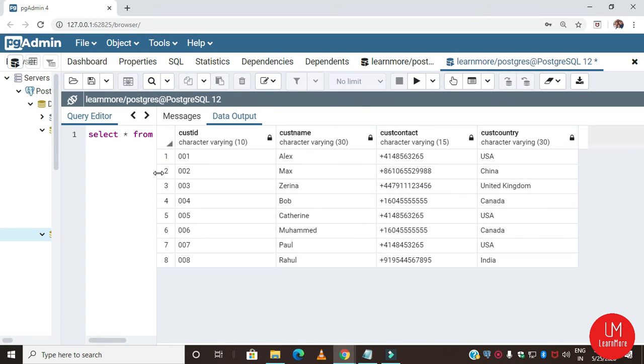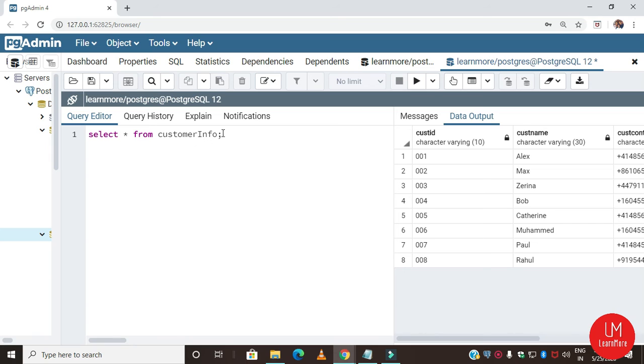Let's try that: select star from customer info, then use the order by clause, order by, then the column you want to apply it to, that is customer country.